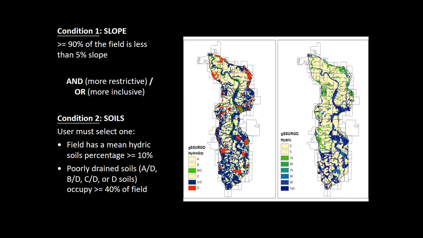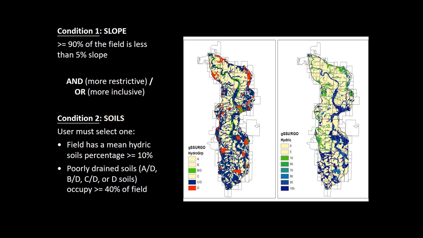So let's take a closer look at these conditions that can be chosen for this tool. The first one deals with slope and states that at least 90% of the field is less than 5% slope. The second condition deals with soils. The user has to select one of these, and those are that the field has a mean hydric soil percentage of at least 10%, or they can choose that poorly drained soils, this is D-class soils, occupy at least 40%